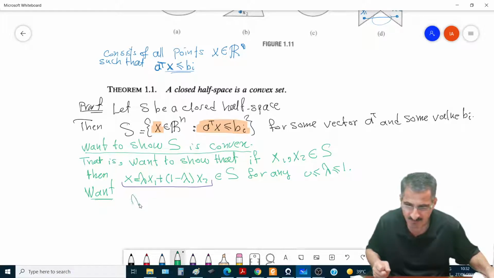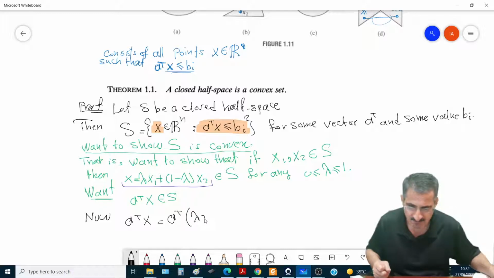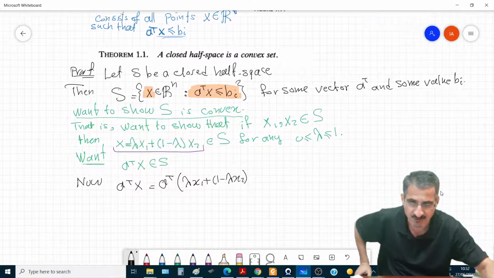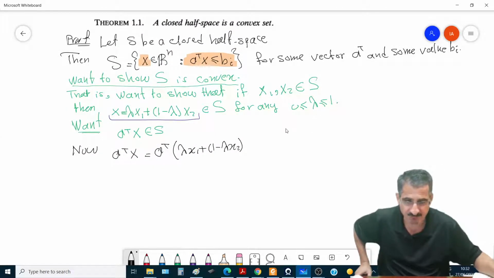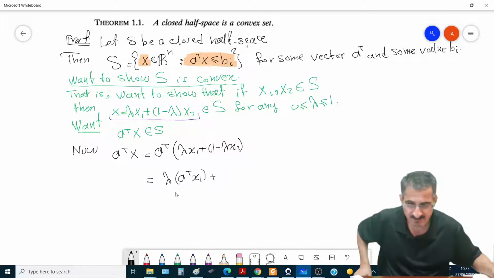How do we show it? We multiply it by A transpose, and then we want this to be in S. So let's do it. Now, A transpose times x, we replace x by its expression, lambda x1 plus 1 minus lambda x2. Now this is a multiplication of vectors, and you know that lambda is a scalar. Remember, lambda is a scalar, so this will be simply lambda times A transpose x1. So take the scalar outside, multiply the vectors, plus 1 minus lambda times A transpose